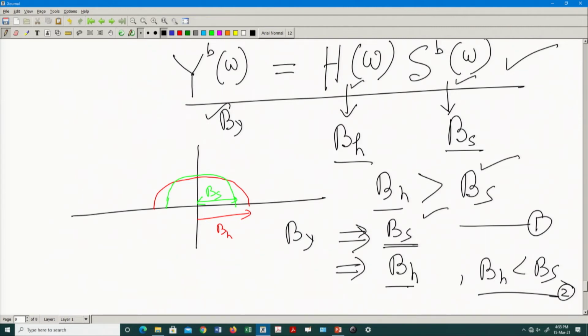But look at the second case. In the second case, channel bandwidth is lesser than your system bandwidth. So, it discards some of the components of your data, which means it degrades the quality a lot, right. Now, let us understand what this translates to in our system when B_h is less than your B_s. That means your transmission bandwidth is much greater than your channel bandwidth. So, channel bandwidth is smaller. Okay, so, let us understand that part.